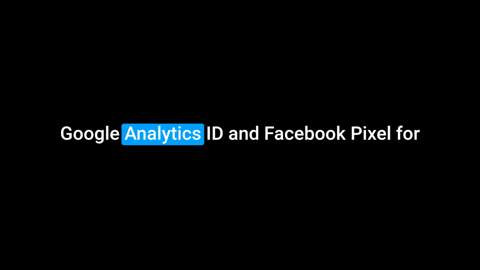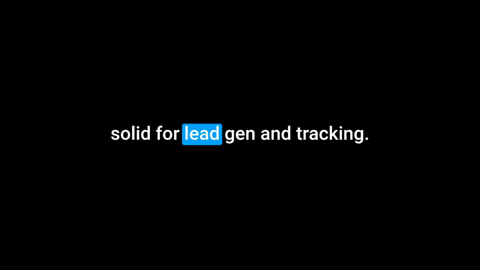What about tracking? Can you see if they convert? Yes. Importantly, it allows for easy setup of your Google Analytics ID and Facebook Pixel for robust tracking. So you can monitor conversions from your ads or other traffic sources and run retargeting campaigns effectively. They even specifically support video landing pages, which can be a fantastic way to capture attention and convey complex messages quickly. Okay, Aweber's landing pages sound solid for lead gen and tracking.